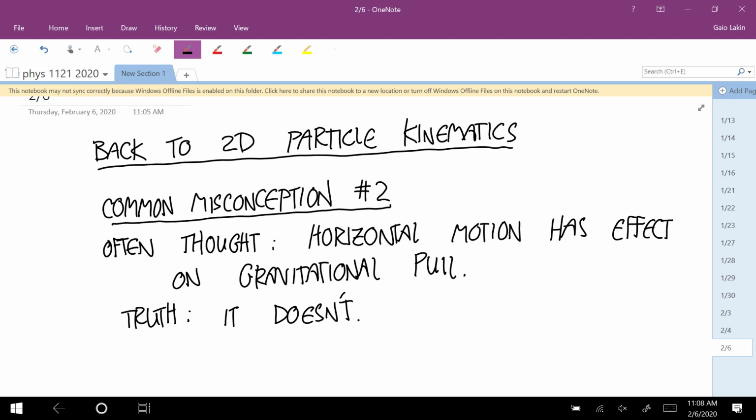But really, where that mistaken intuition comes from is that it's going so fast horizontally that by the time it leaves your vision or hits the next object, it's covered so much distance and had so little time to drop. So if I held a gun horizontally and shot at the wall, it would hit the wall so close to perfectly horizontally from where I shot it, because it would hit the wall so fast it just wouldn't have much time to fall. But in that amount of time, it would still fall as much as something that you just dropped. It's just such a small amount of time.